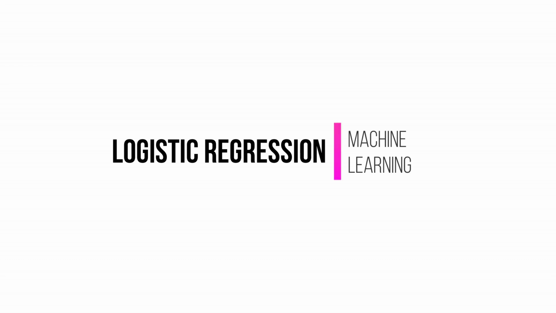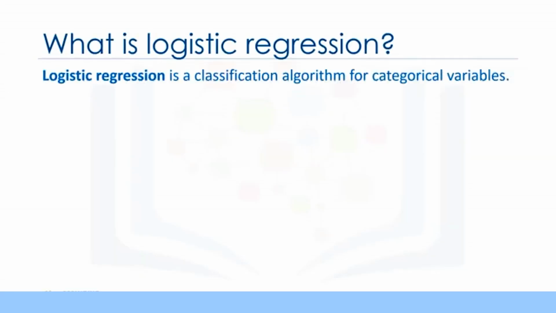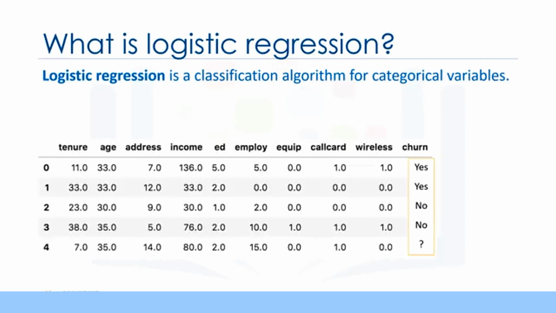So let's get started. Logistic regression is a statistical and machine learning technique for classifying records of a dataset based on the values of the input fields. Let's say we have a telecommunication dataset that we'd like to analyze in order to understand which customers might leave us next month. This is historical customer data where each row represents one customer. Imagine that you're an analyst at this company and you have to find out who is leaving and why. You'll use the dataset to build a model based on historical records and use it to predict the future churn